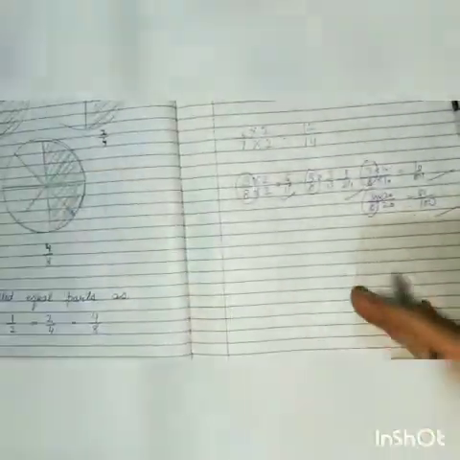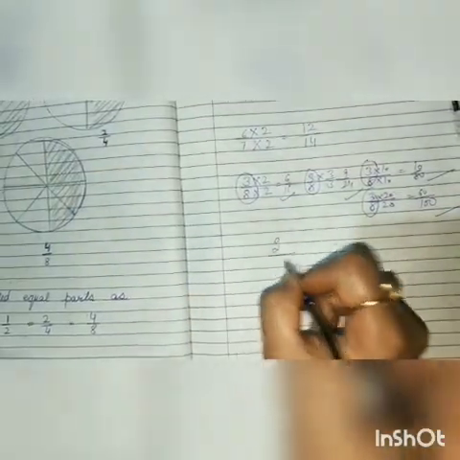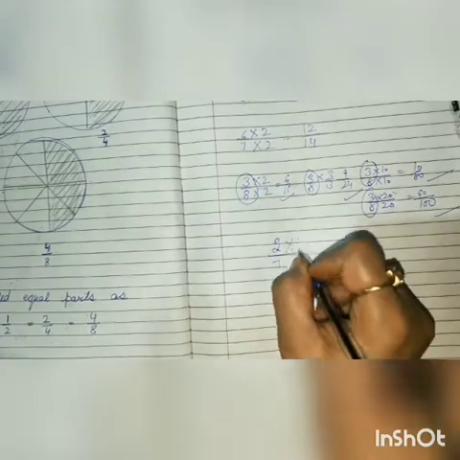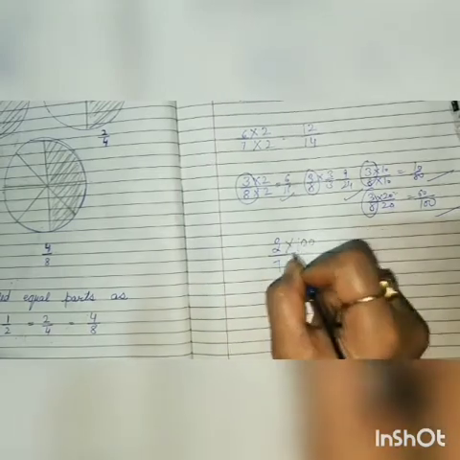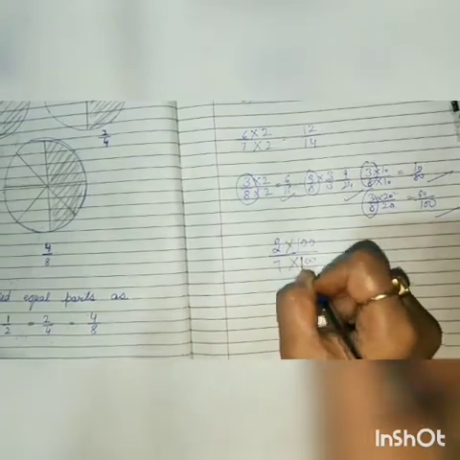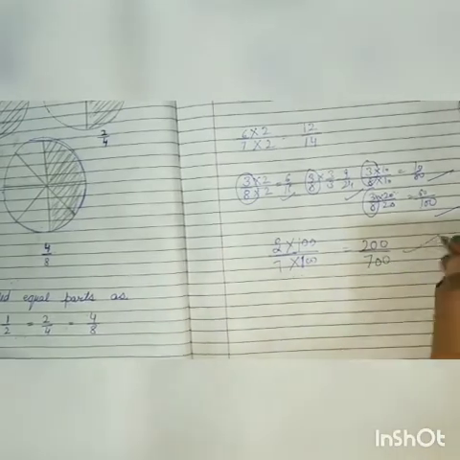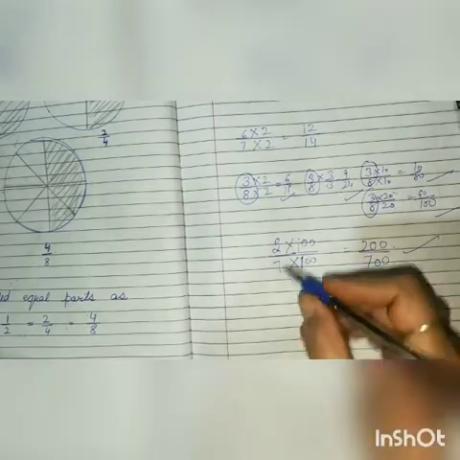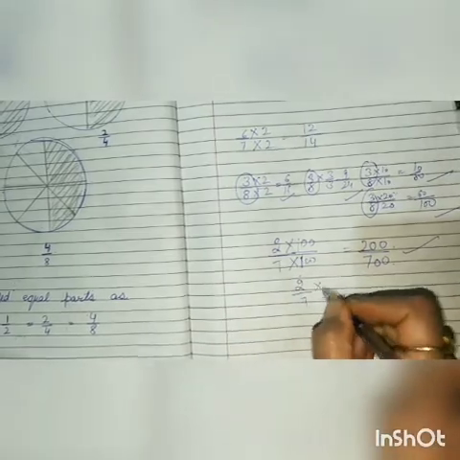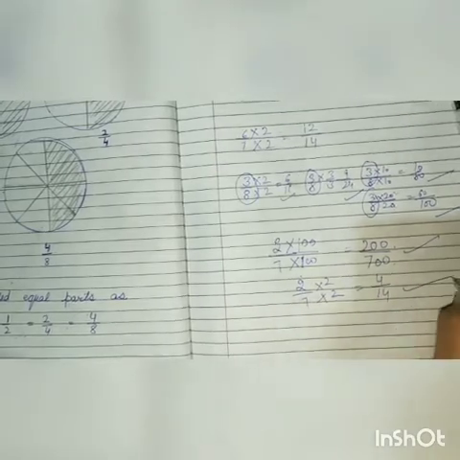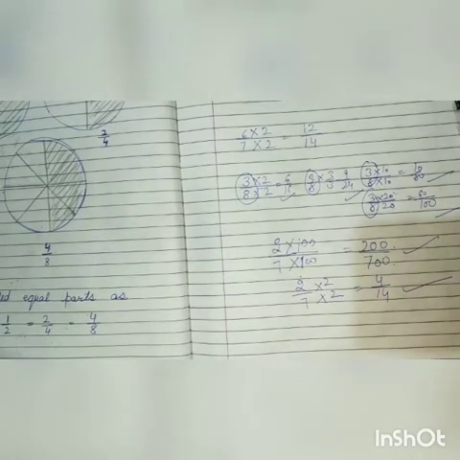कुछ भी, suppose you have to make an equivalent fraction of 2/7. कुछ भी. If the question is write 2 equivalent fractions of 2/7, आपकी मर्जी. You can multiply with any number. So 200/700 is an equivalent fraction of 2/7. This is also an equivalent fraction of 2/7. 2/7 multiplied by 2/2, 4/14 is also an equivalent fraction of 2/7.